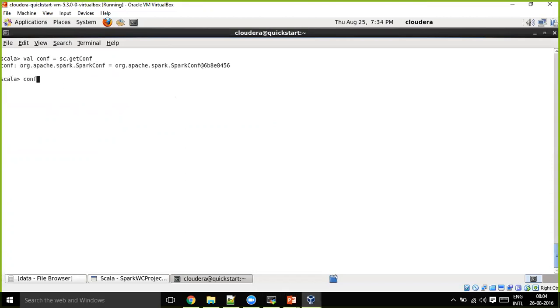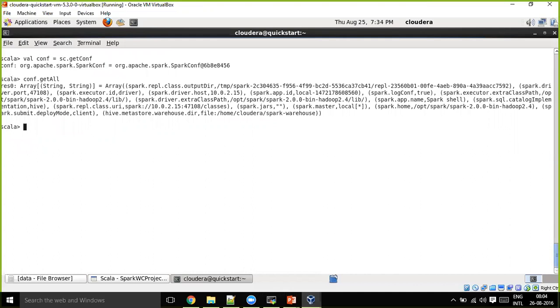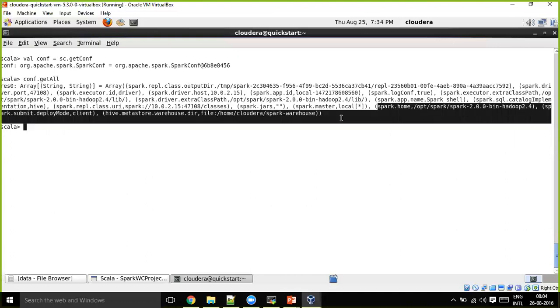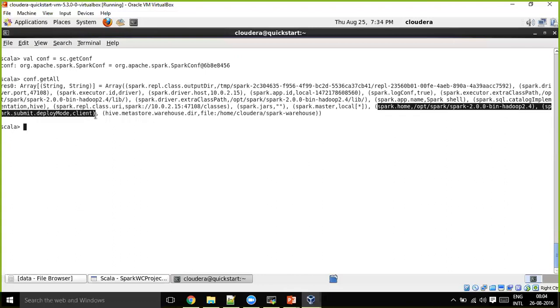On the conf object, you can use getAll to get all the configurations. If you observe here, the Hive metastore warehouse directory is this, and Spark master is, by default, as I was telling you, local[*], and Spark home path is this, and spark.submit.deployMode is client.